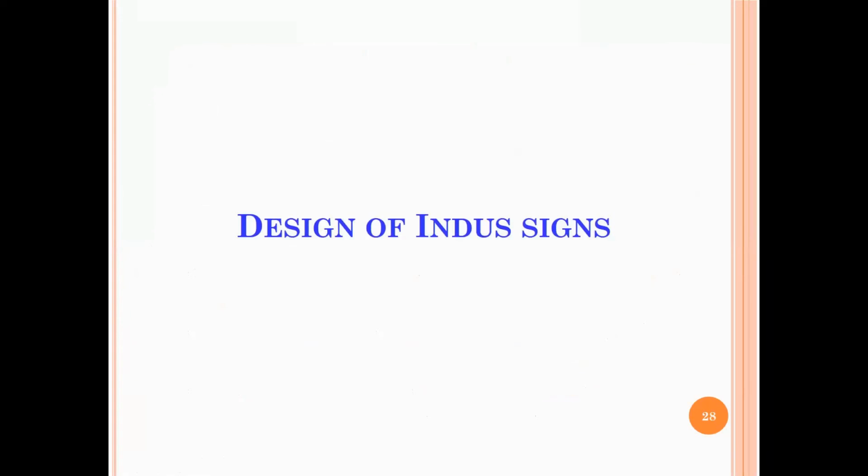All right. So now let us take a look at some of the studies we have done on the design of Indus signs. So here, what we exactly do is the following. First of all, we identify the design elements of Indus signs. As we know, the Indus signs themselves vary in complexity. Some signs seem to be very simple, and some signs seem to be compounds of other simple signs, and some signs seem to be modified by certain strokes and so on.